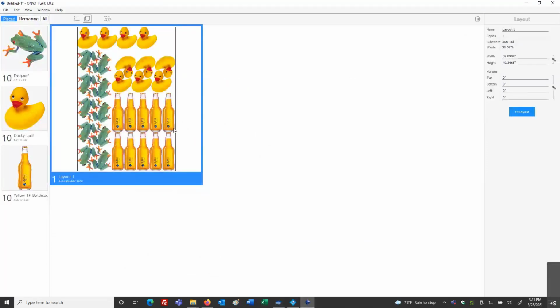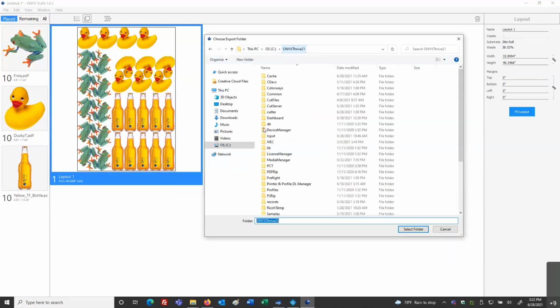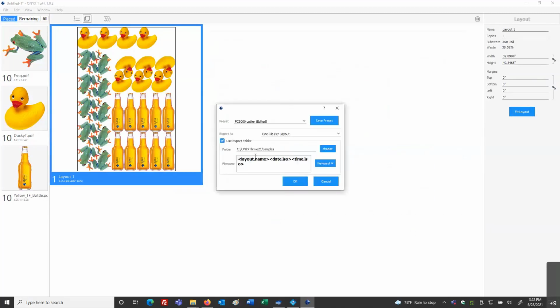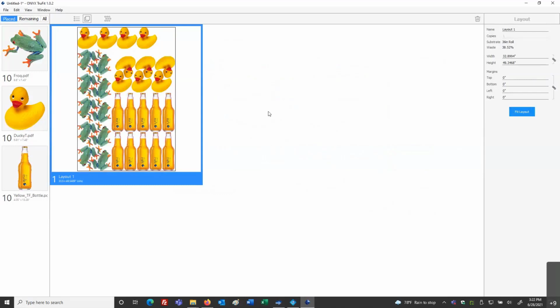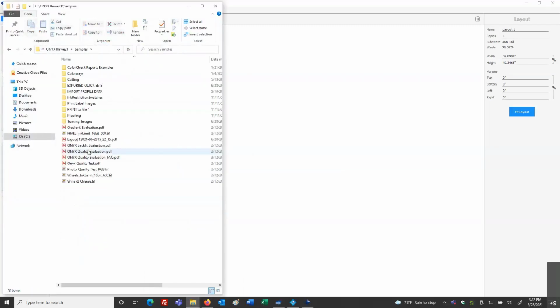The nice thing is these layouts can be saved. And again, if I said export to Onyx, and I'll browse, and I'll go into my samples folder just to write a file directly there. This is going to be a PDF, nested PDF with those cut path attributes on it. So remember, we can go to Onyx with this directly into the hot folder and automate our workflow. Or if it's a different workflow you need to interface with, you can go to that directory as well.